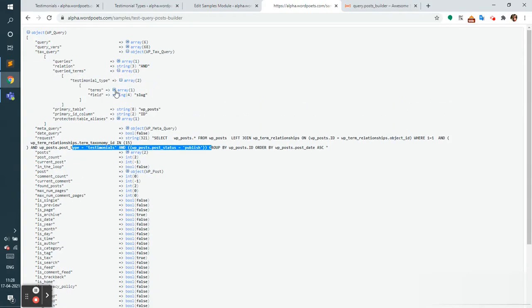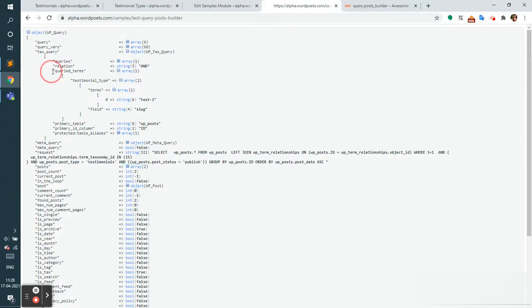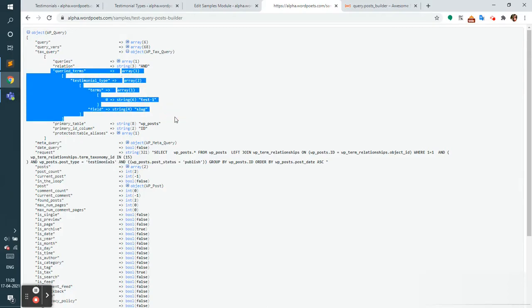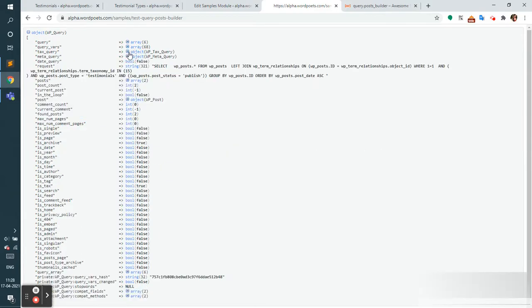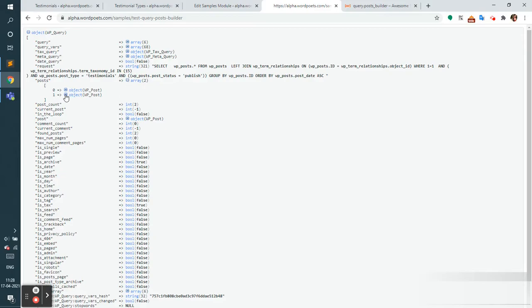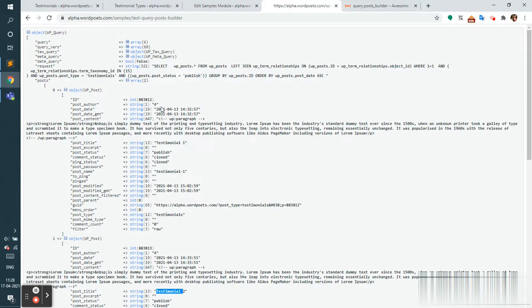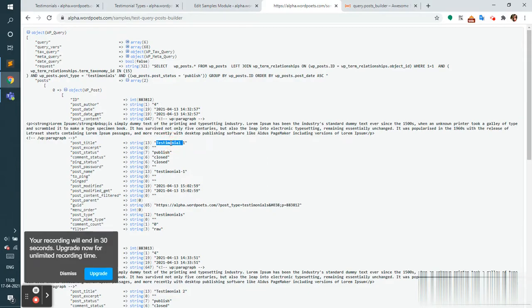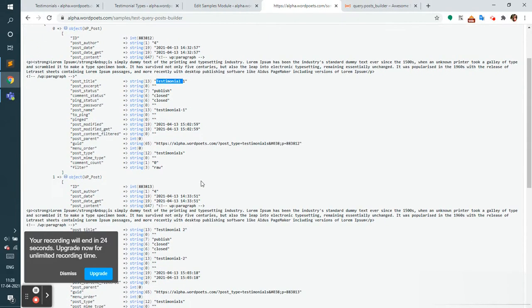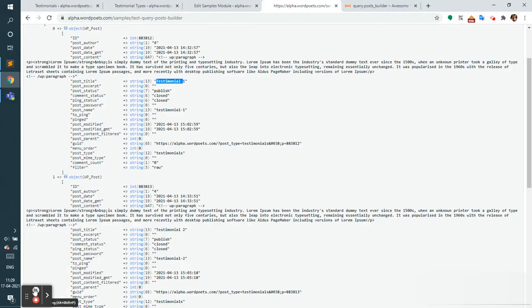See, you can check it over here. So this is the advantage of the post builder, that you can recheck your query and reform the particular parameter query as per your need. Now I got two posts, which are testimonial 2 and testimonial 1. Both these posts have the taxonomy test-1. Let's see the meta query in the next part of the video.